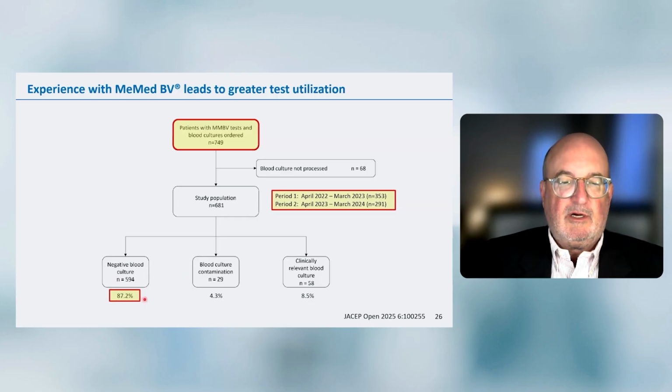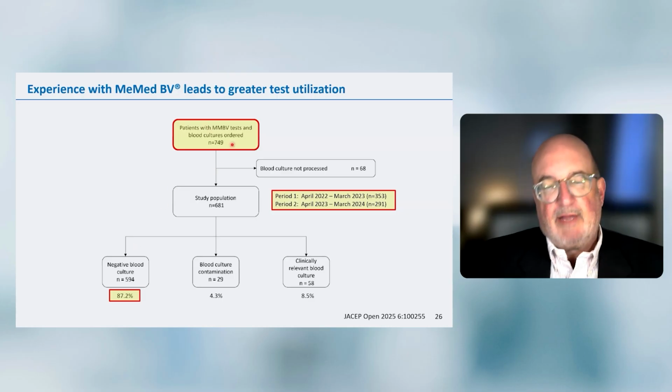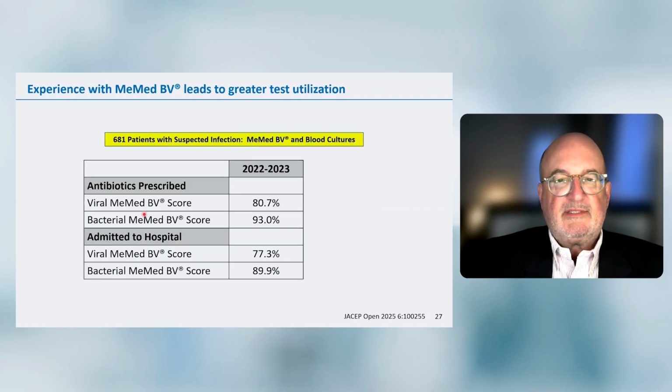This just shows how low the sensitivity is of blood culture in populations that have a decent chance of having some bacterial infection. What these clinicians found, with knowledge of the MeMed-BV test, is that 80% of those with viral scores were given antibiotics, but 93% if there was a bacterial MeMed-BV score. So even these are sick patients, so they had blood cultures taken and a MeMed-BV test, so there was suspicion of potential bacterial infection,